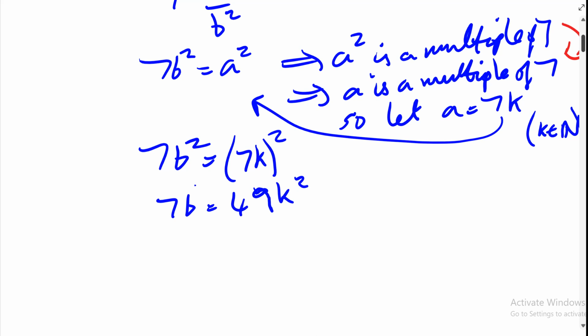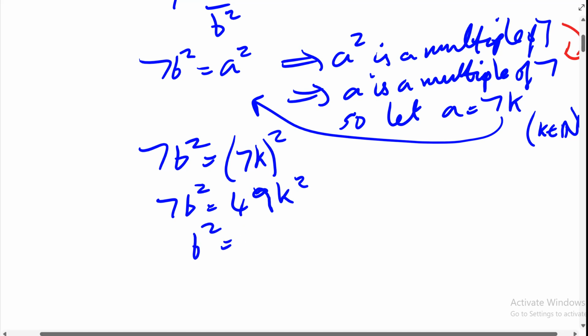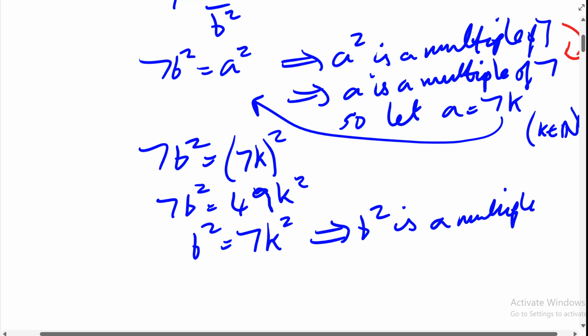And divide both sides by 7 gives this. And that means that b squared must be a multiple of 7. So that means that b is a multiple of 7,